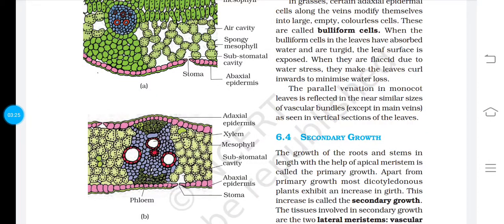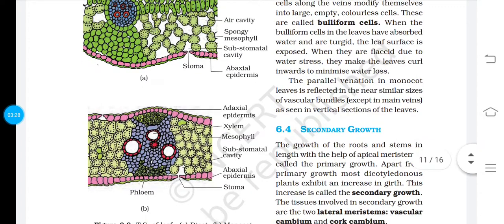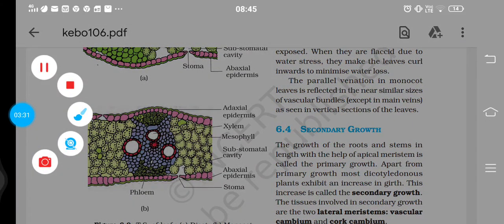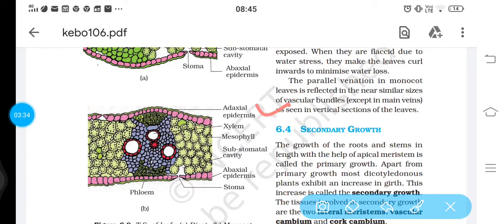In the monocotyledonous leaf, if you see, the same thing is there. The upper epidermis is the adaxial epidermis. You can see so many things are common here. Upper is the adaxial epidermis, lower is the abaxial epidermis. The opening is the stoma. Then you can see mesophyll cells are scattered throughout the leaf. We cannot find specific cells like spongy or palisade mesophyll here. Rather, it is the same kind of mesophyll, having abundant chloroplasts to perform photosynthesis. Here the bundle sheath layer is lacking, and this is the main identification of the monocotyledonous leaf.